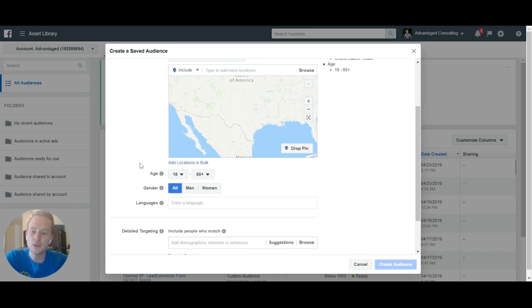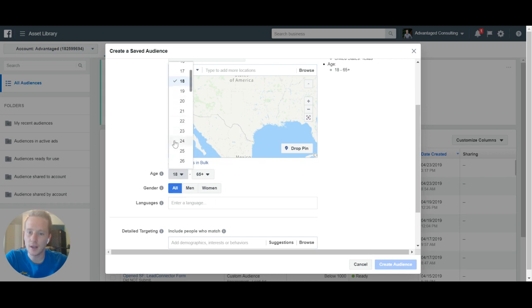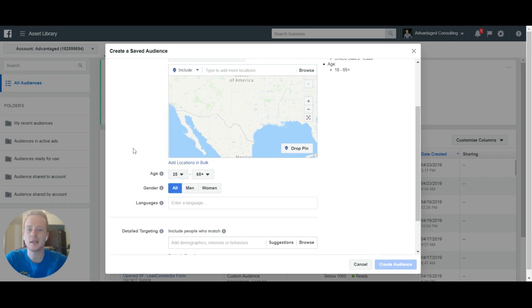Now, what I do here is I target an age range of 25 and up. And the reason why I do that is because generally those people are more independent. People under 25 still might live at home. They might be under their parents' insurance and stuff like that. They just don't make their decisions themselves more times than not. I could be totally wrong. This is just what I do. You can test it as well.